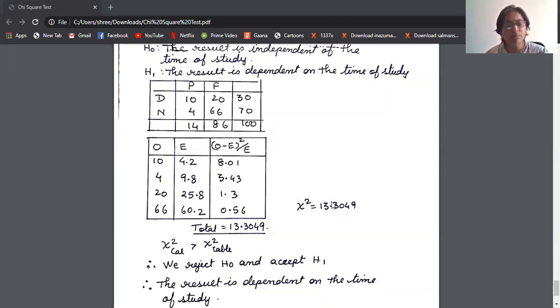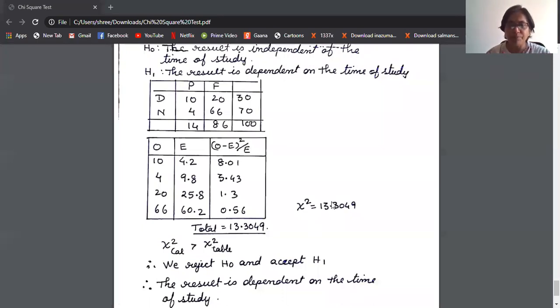So please check if it is clear. I will write it down properly, whatever I have dictated. If you have missed out something, I will write it down and show it to you next time. But I hope you have understood. This is only in case you are given two critical values in the exam. If only one is given to you, there is no problem. We have already done it. I think most of you have understood, but still I will write it down next time and let you know.